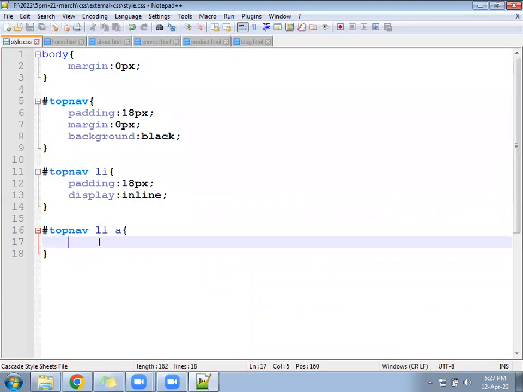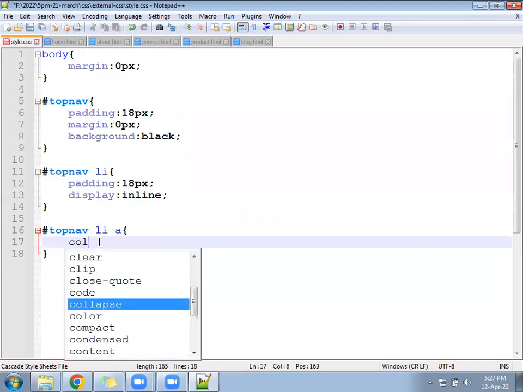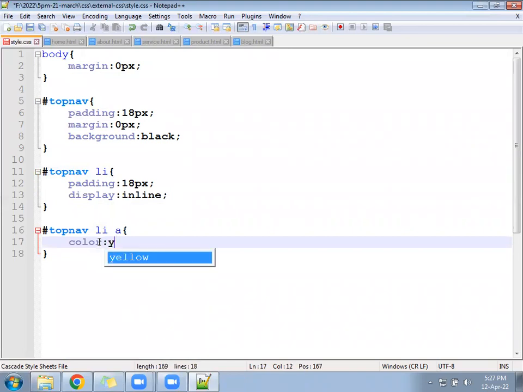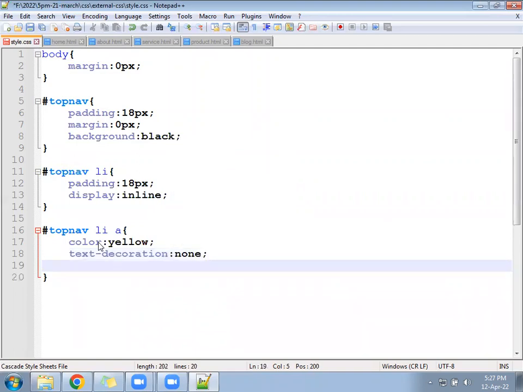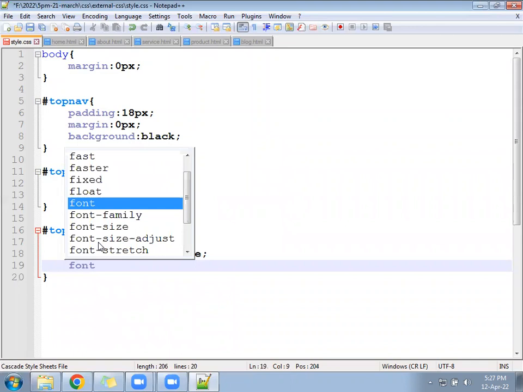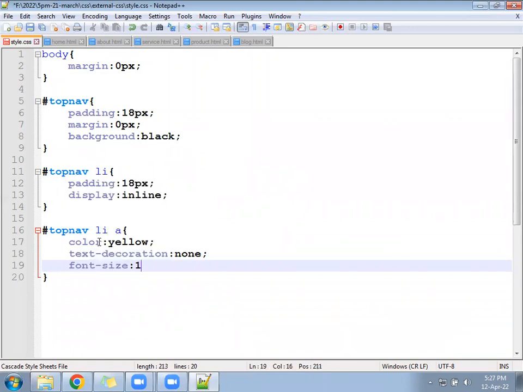For the a, color as yellow color. After that, text decoration as none. Font weight, increase the font size, not font weight. Font size somewhere 18 pixel. CSS we have still not written for the HTML. After this, the next task is to write the HTML. We have to write a UL, for that the ID will be top nav. Under the UL there will be li.